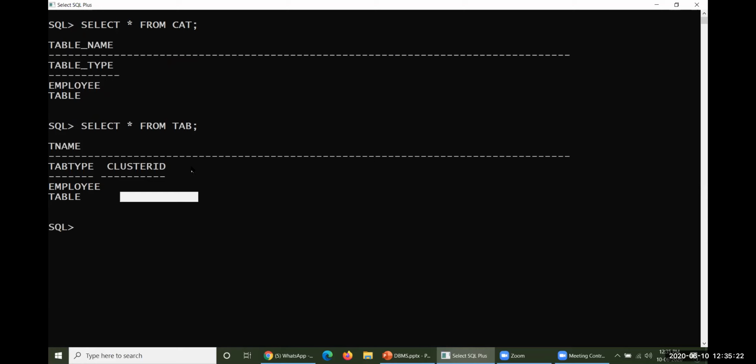So you need to remember that as and when you create any table or any object, these two, CAT and TAB, will be automatically updated. As and when a table is created, its name and type will be stored in TAB, and any objects other than tables will be noted down in CAT. In this way, you could store your data into these default tables, which are called data dictionaries, available with Oracle here.